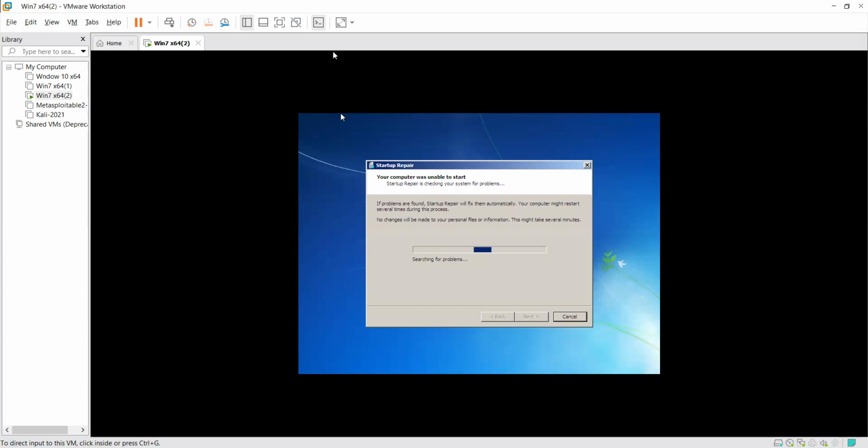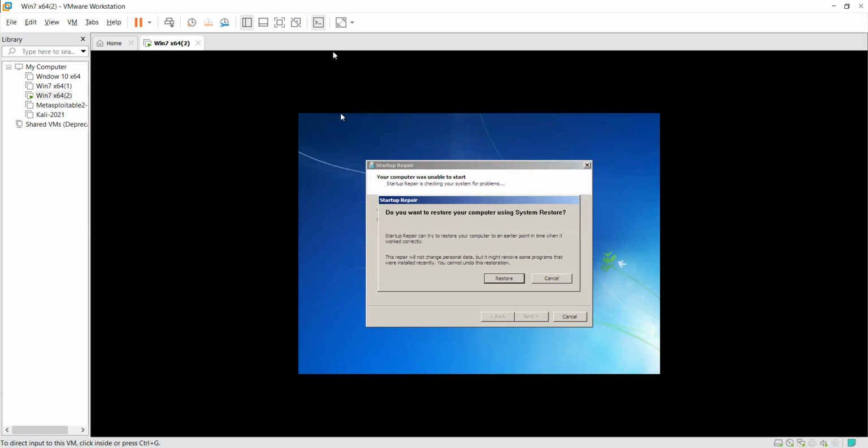Just open that particular operating system, and once the operating system starts, press and hold the power key for 2, 3, 4 seconds, and you will see your system power off forcefully. You can follow this procedure 3 to 4 times in the main operating system, and after that the process is going to start.